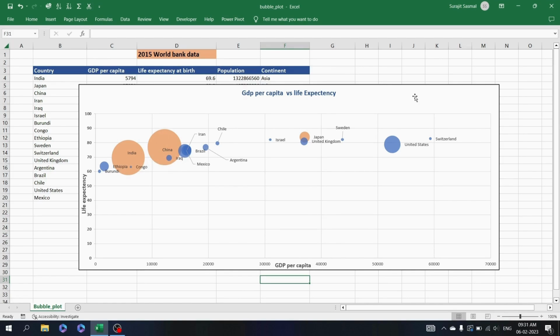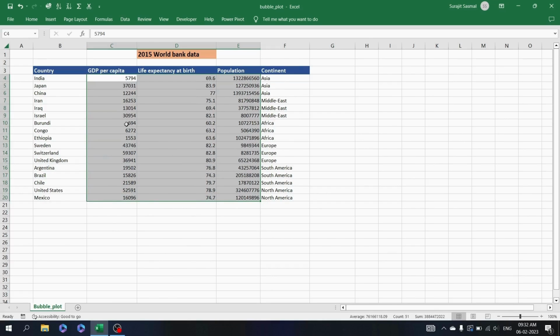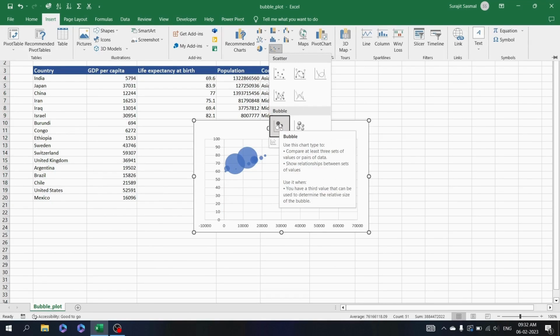So in this lecture we are going to create this scatter plot. Let's delete it. See, in this data set, this is 2015 World Bank data. There are countries, GDP per capita, life expectancy, populations, and which continent. This will be useful when we color the bubble. So first copy that cell of data, go to insert, go to this scatter plot, go to this bubble plot,